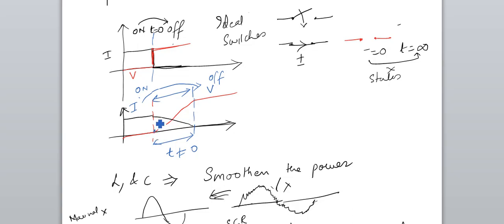It's not 0. The extreme ends are 0: here V equals 0, here it's V something, but here it's I 0 and V. But in between, neither the current is 0, nor the voltage is 0. So there will be a switching loss. Now, how can we calculate it? We will be calculating the switching losses, and then we will be discussing how we can say that there is a switching loss.